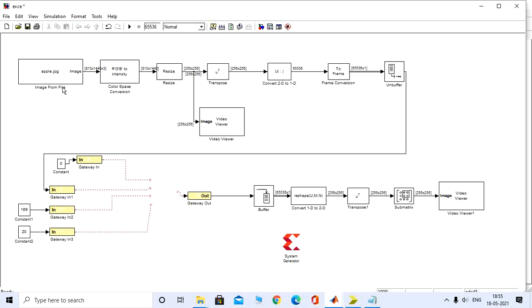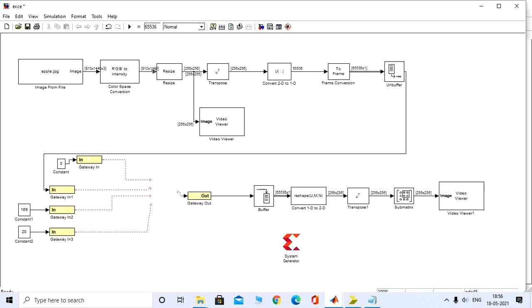Now that will be in RGB format. We have to convert it into a grayscale image. That is conversion from RGB to intensity. So using this block, you will get pixels, then your image is converted into an M cross N matrix.